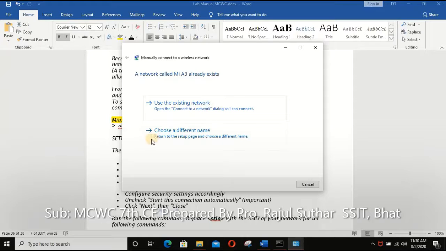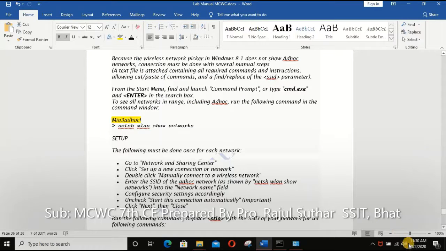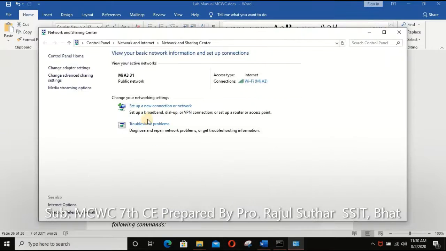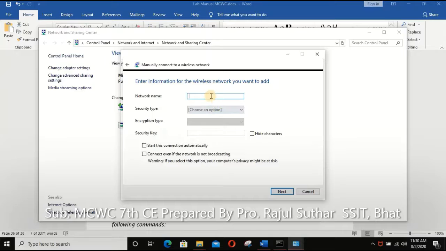Use the existing network or choose a different name. By clicking on use existing network, it does not show any message. But whenever we choose a new network, we need to change the name. So I only change the name to MI. Then the security is the same, encryption key is AES.